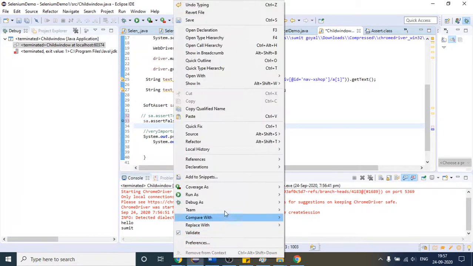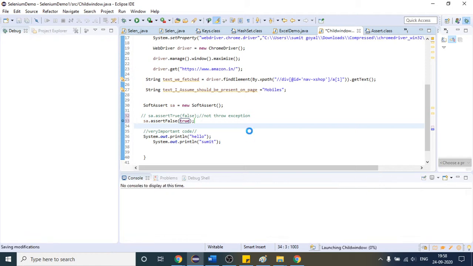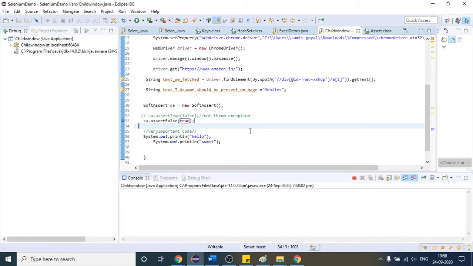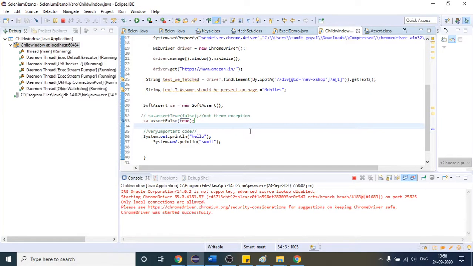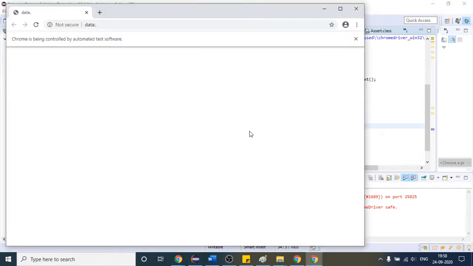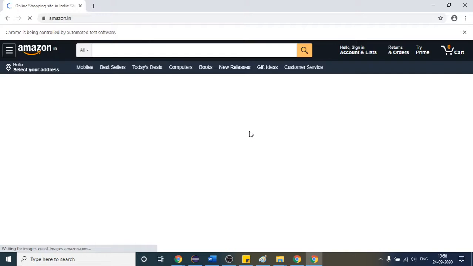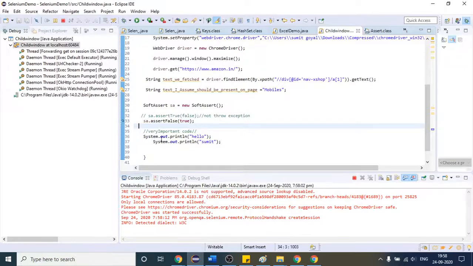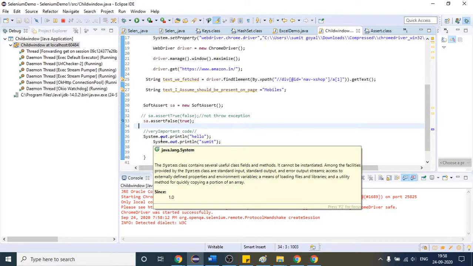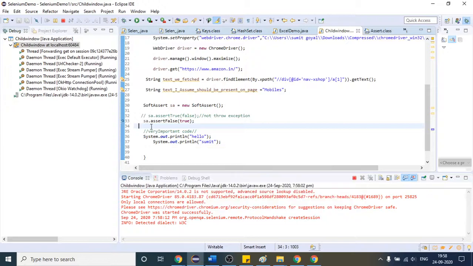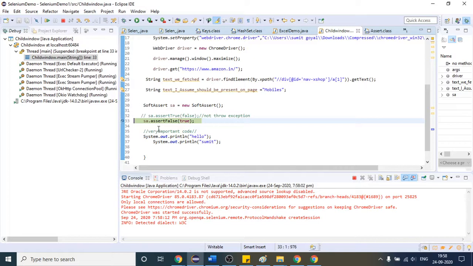if I again right click and debug it, our code will come here. Okay, so our code reaches there.